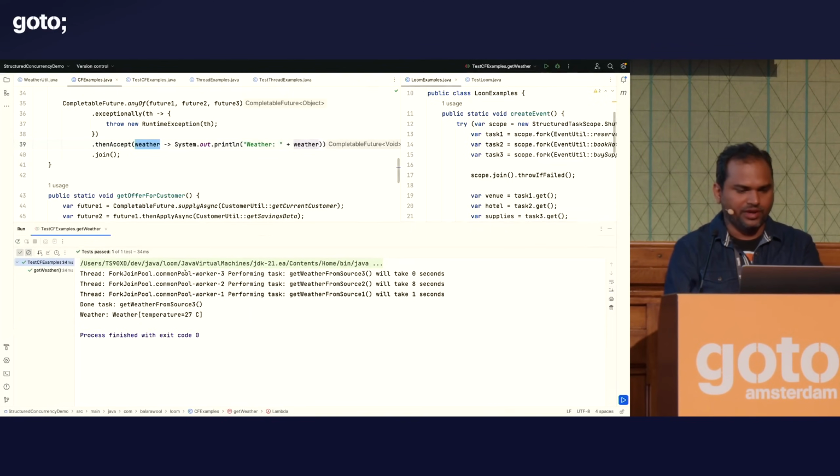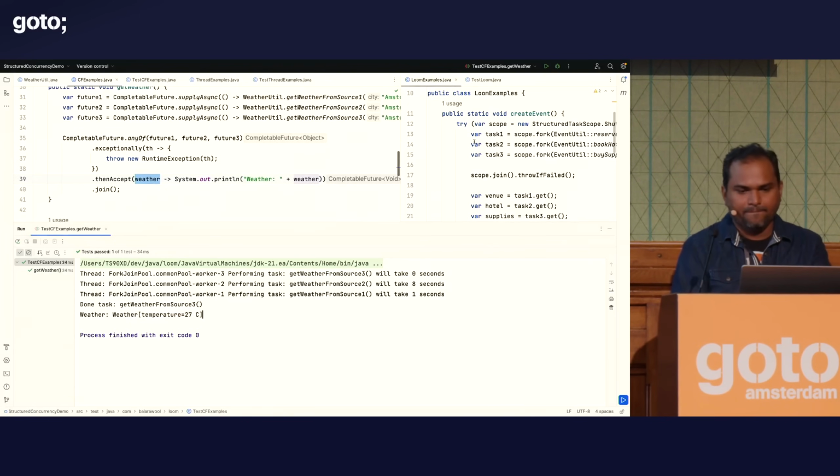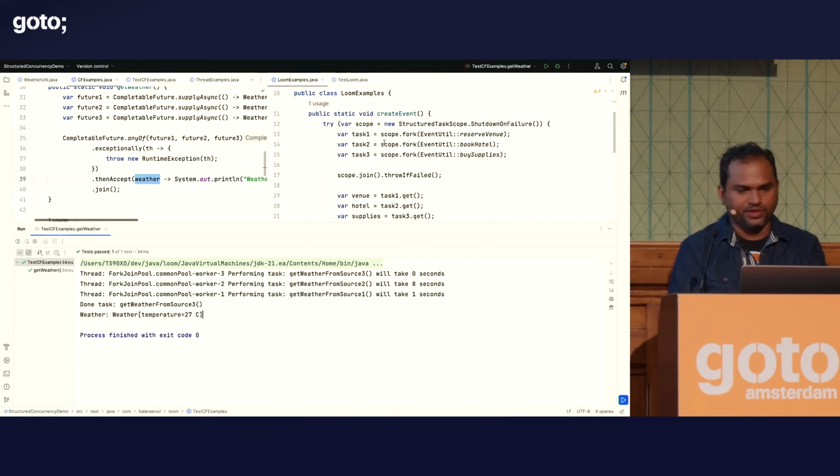And it does. So basically, you have these 3 platform threads taking some time, and the first one I think finishes really fast in 0 seconds. So you get the result from source 3, and whether it's going to be 27 degrees. Let me do the same thing with